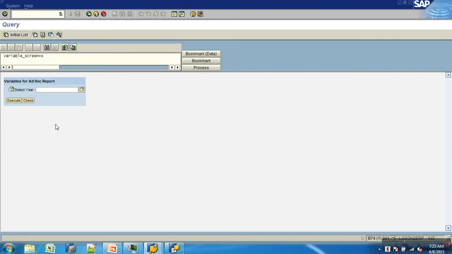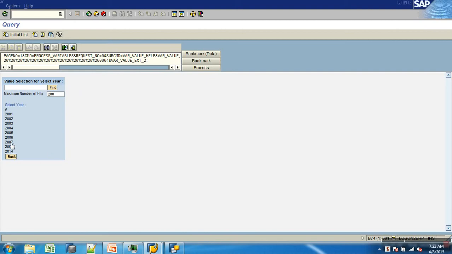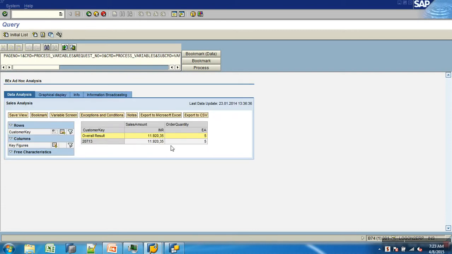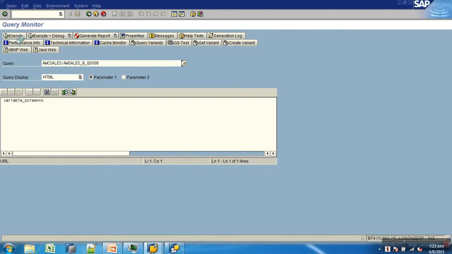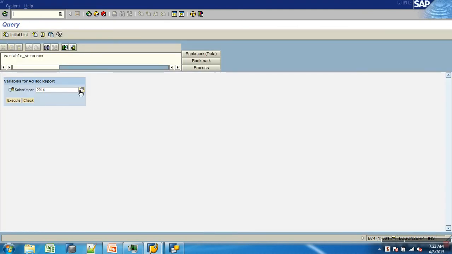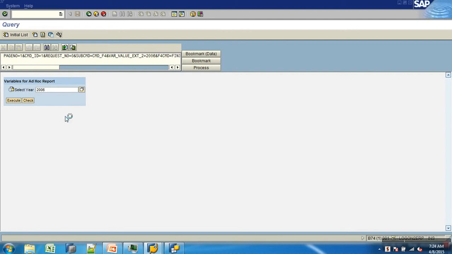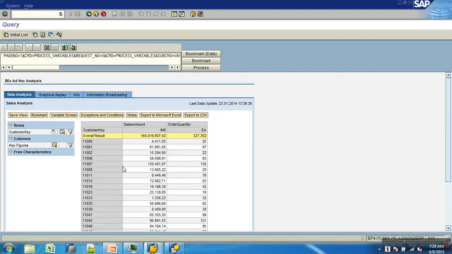So I get a variable screen where I would say F4, and I'm now let the user choose any year he wants. So let's say if he choose 2015, he gets to see data for 2014. Yeah. For example, if user runs in with say 2006, then what? You see data for 2006.